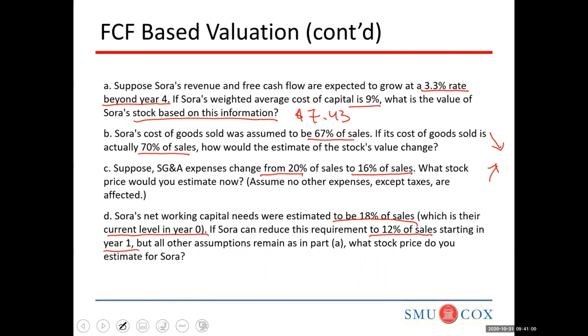So these numbers we'll flex in all years, but for working capital, we'll keep 18% in year 0, and then we'll change years 1 through 4 to 12%. And then we'll have to see what impact it has on share price. This one is a little bit tough to guess because net working capital could move either way, but